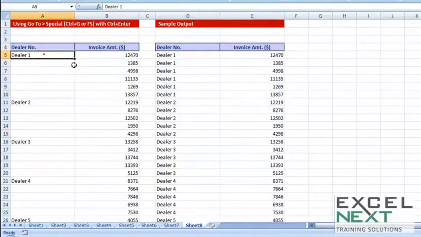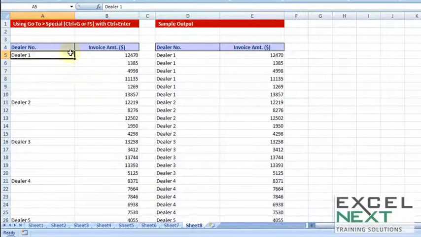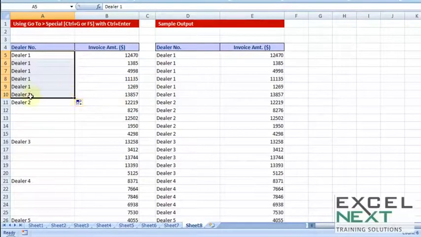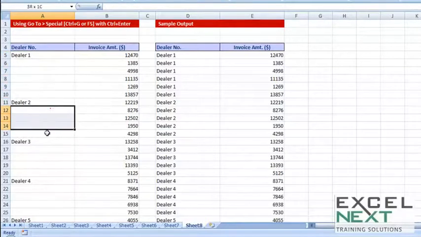Now most of us end up dragging this down. Now since this was a number, the autofill feature alphanumeric series is working. Now let's say if I press Control, keeping it pressed, and then drag it down. But if I start doing it for the next set of dealers, it's going to be quite tedious, especially when you're working with an MNC and you would have more than 50-100 vendors. Now how do I fill those in?